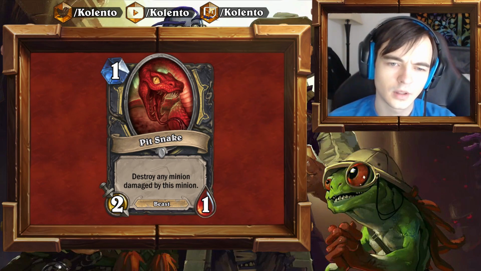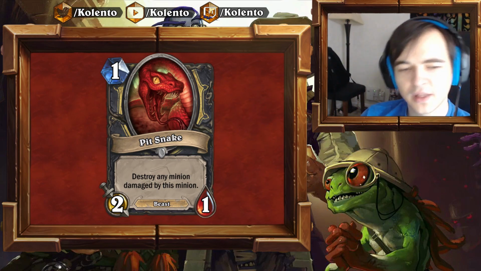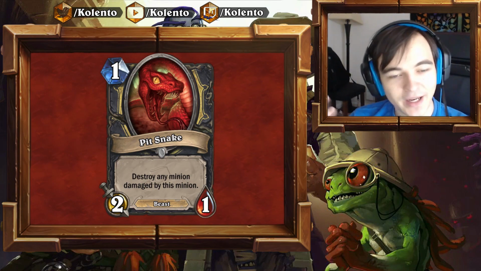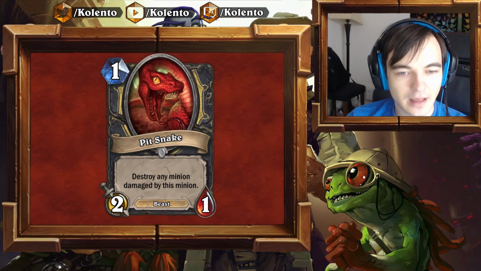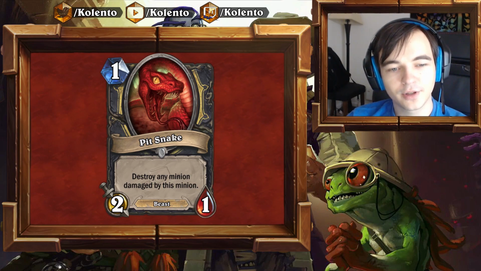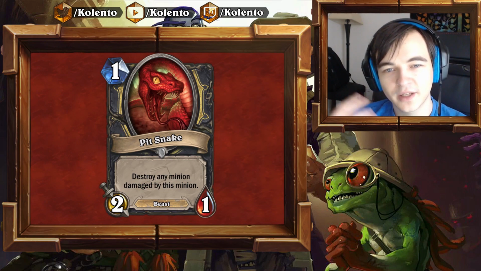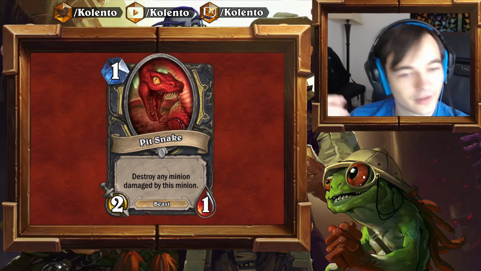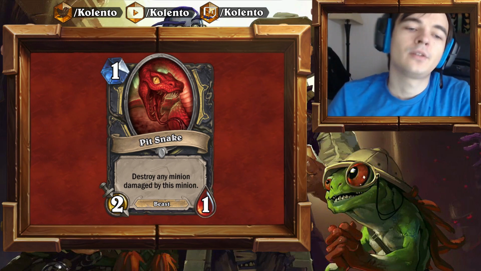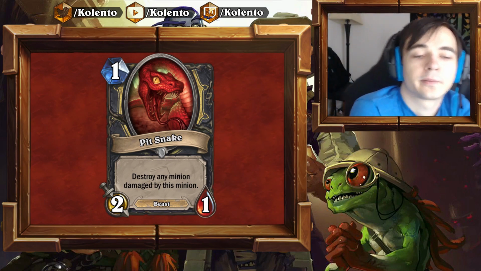You can play Deckhands, you can play Leper Gnomes, you can play Abusive Sergeants, and you can play Pit Snakes too. Because why not? This guy can trade into everything. You play Aggro Rogue, you play it before a Taunt, and your opponent, instead of playing a Druid of the Claw, needs to hero power a Pit Snake down. Isn't it just crazy? Not sure about other types of Rogue, so...